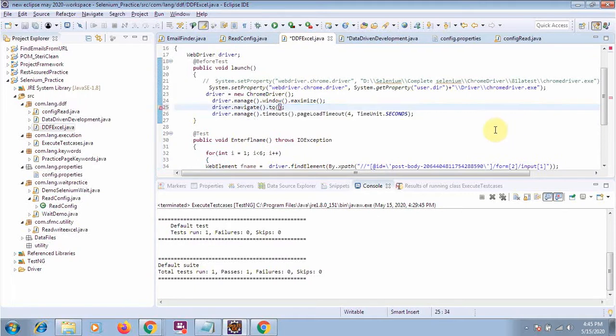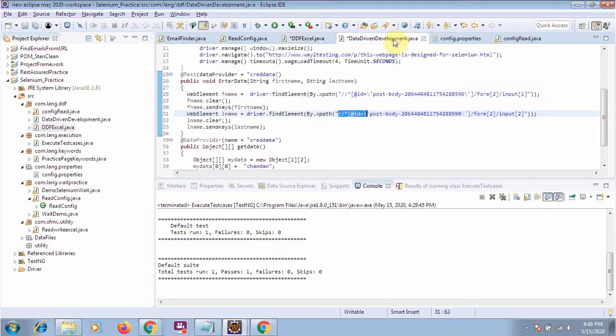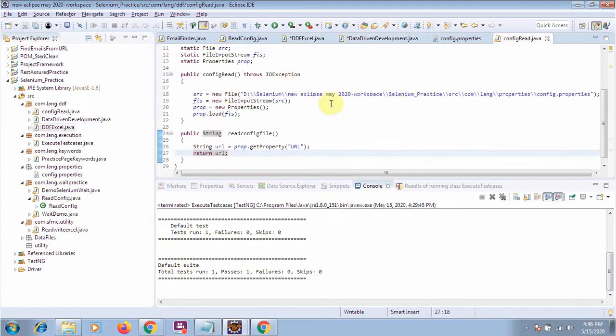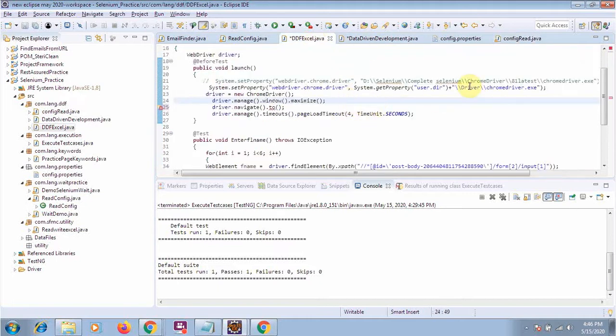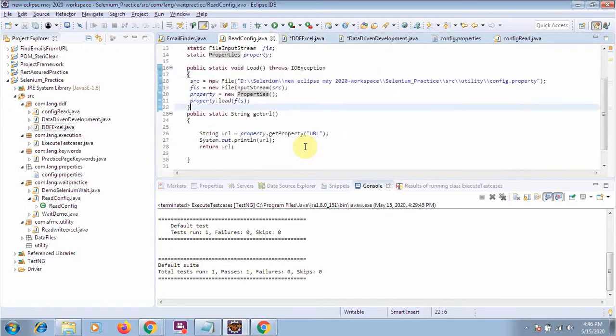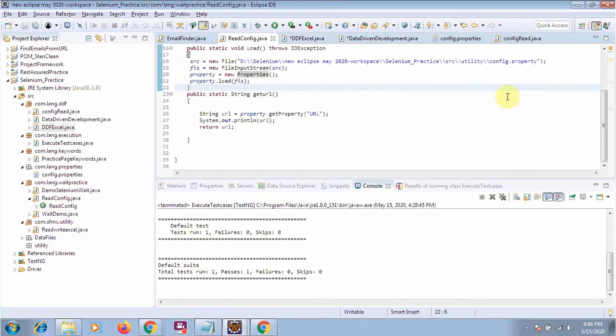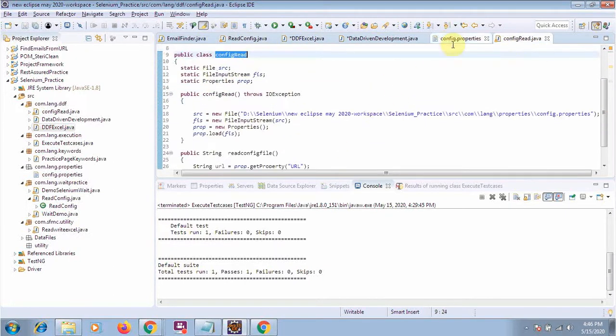So how will we use this? First of all, we will create the object of this ConfigRead file, and then we will get the URL.